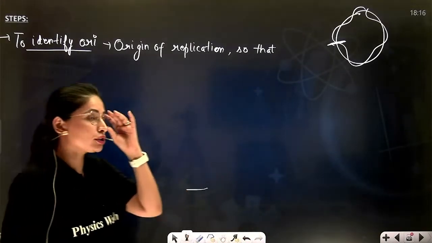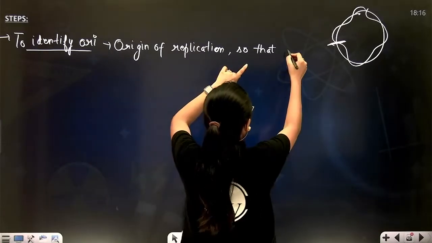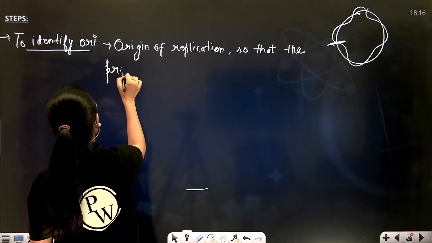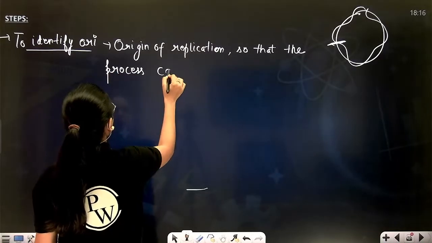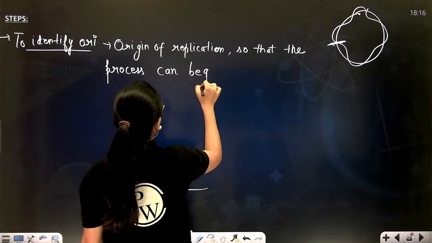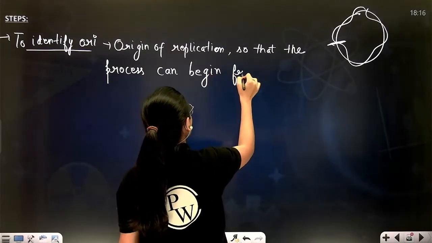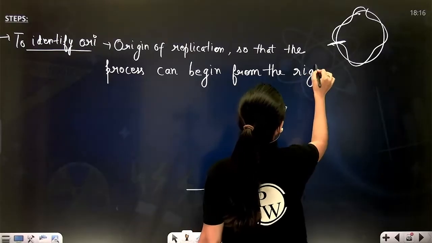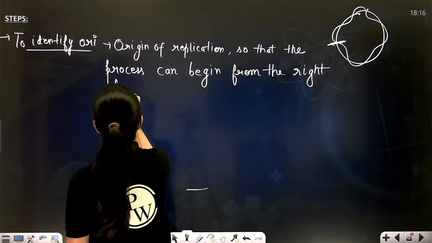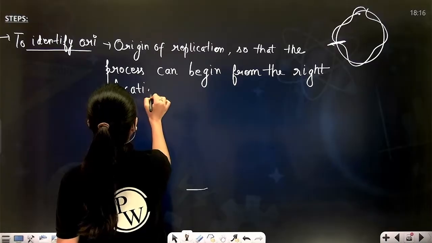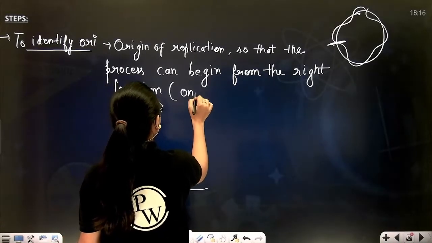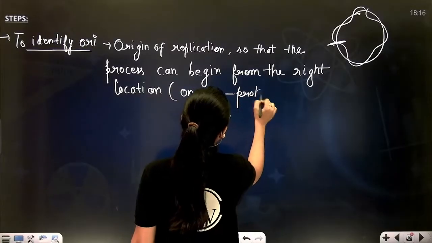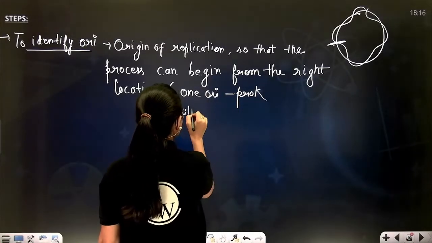So, origin of replication, so that the process can begin from the right location. In bracket write 1 ori for prokaryote and multiple ori